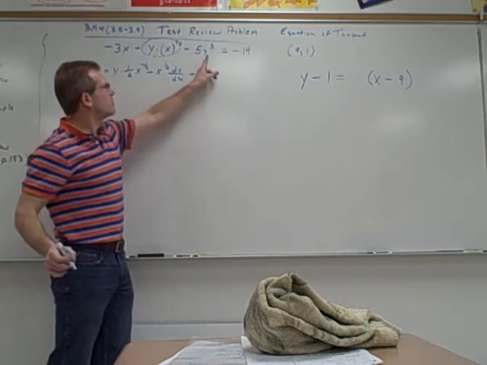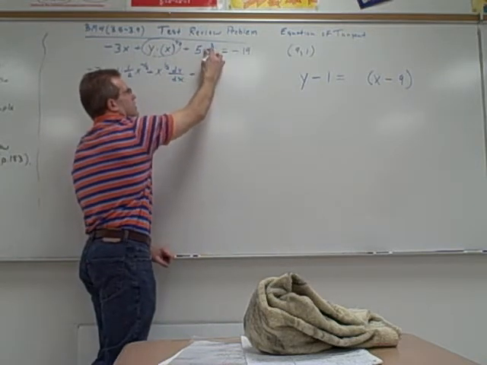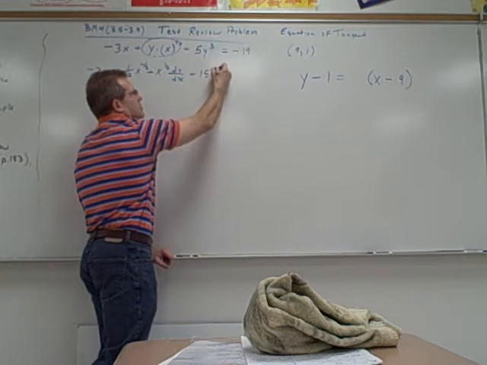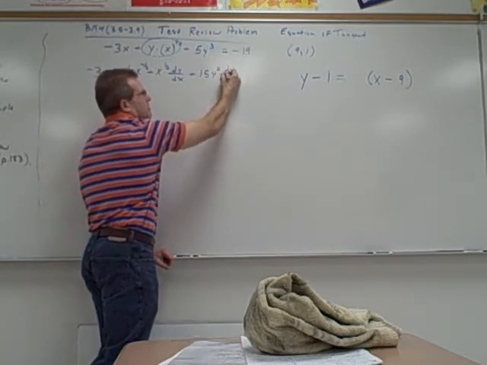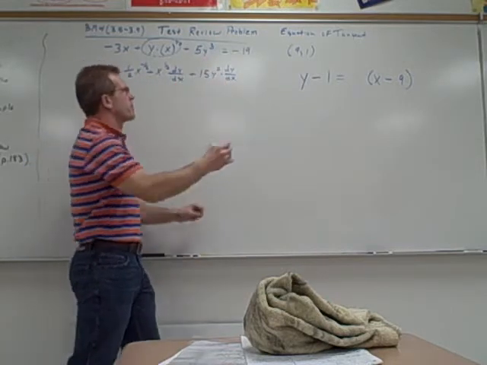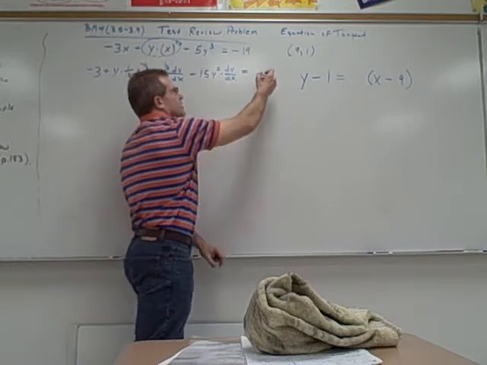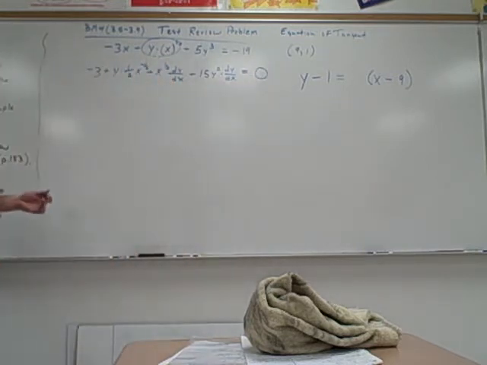Plus derivative of 5y cubed. 3 times 5 would be 15. Don't forget to take that down to y squared. That's another common mistake, to forget to put the squared on it. Times dy over dx. By the chain rule, you have to hook on the derivative of y right there. Equals, and the derivative of negative 19 would be 0. And actually, there were quite a few people that did that correctly. But